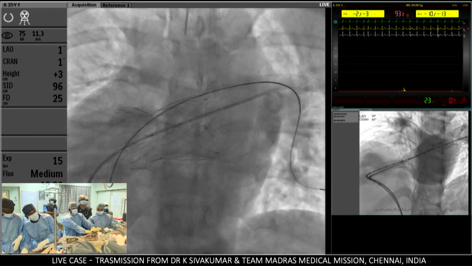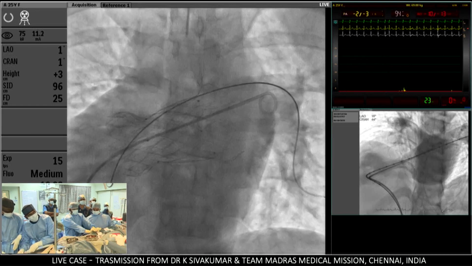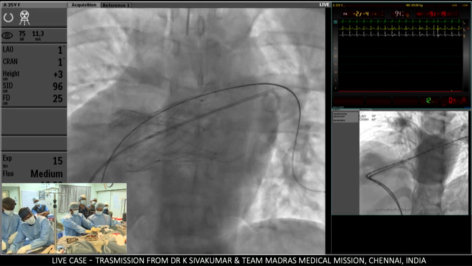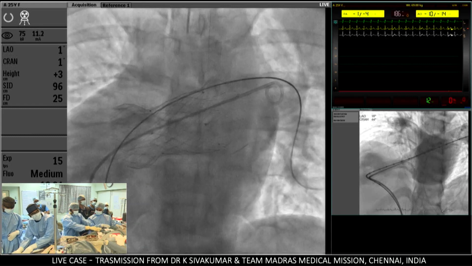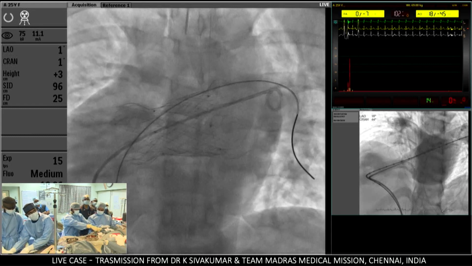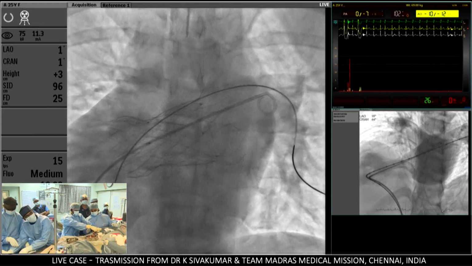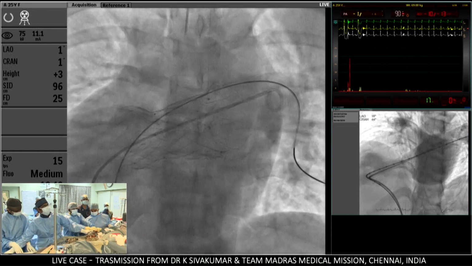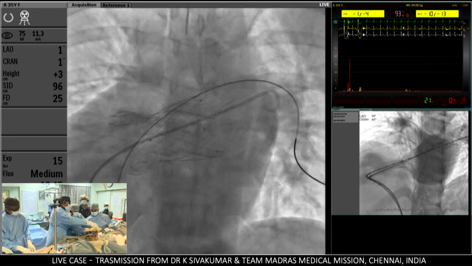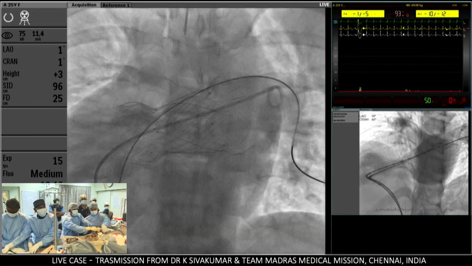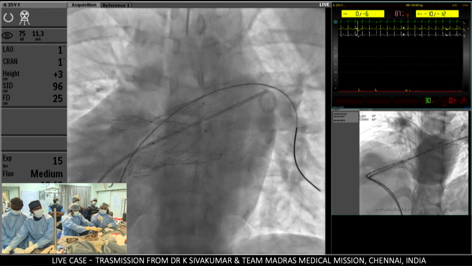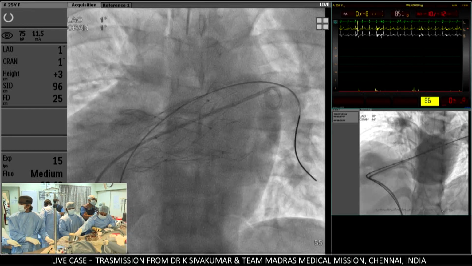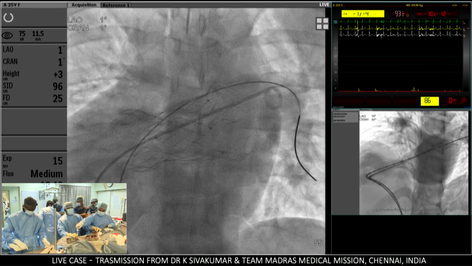We don't get the Gore dry seal in our country, so we use the 24 French Cook sheaths. Yeah, you mean a short one? No, this is the long one, Mario. In fact, a long 24 French Cook sheath. That should be an alternative to the 26 dry seal sheath that most people are using. Correct. Now what I will do is I will try to take out the